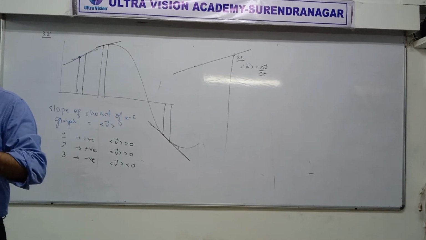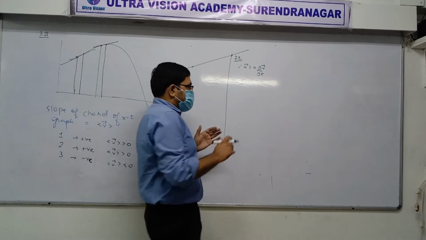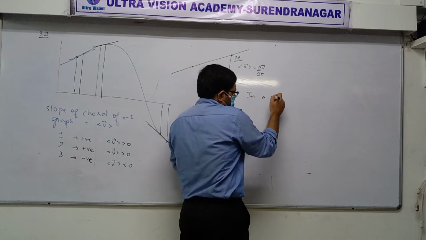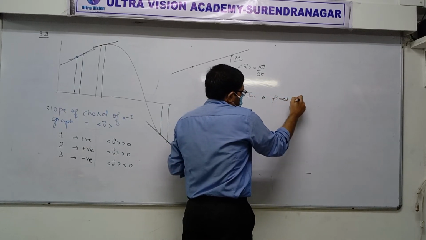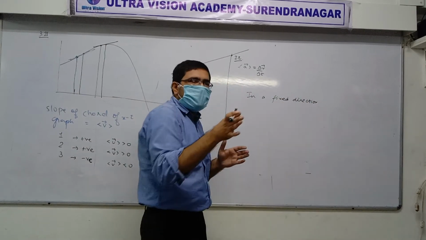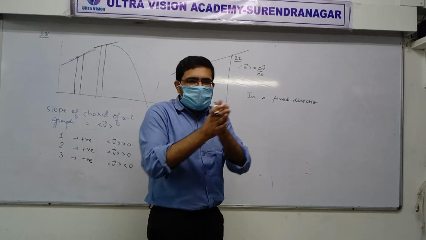So, although it's a different graph, the logic is more or less the same. The reason is that this thing is moving in a straight line in one fixed direction. The particle is moving in a constant or fixed direction. Yes or no? Did you see that? So that's why the direction is always the same.